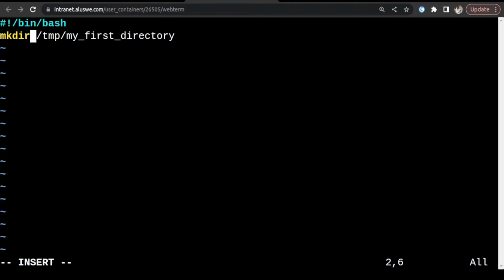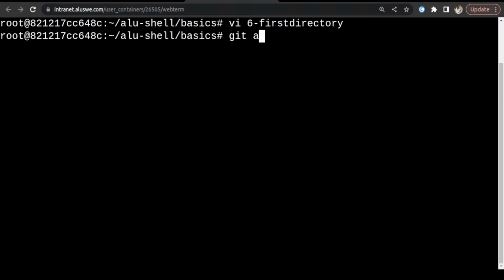The command is mkdir. This first one is to create a folder, but you can do it manually. Now they said the requirement is that all your scripts must be two lines long. So that means we must have everything in two lines. So this first tmp here is the folder. This command will create this folder first, then it will create my_first_directory inside the tmp folder. So with that, escape key, colon wq, enter, git add,